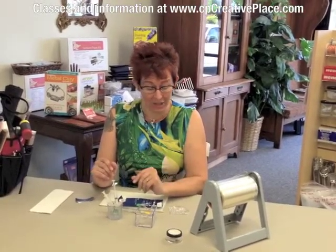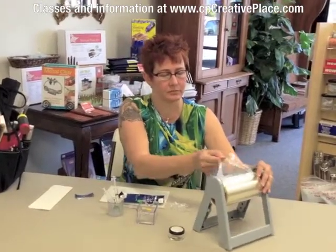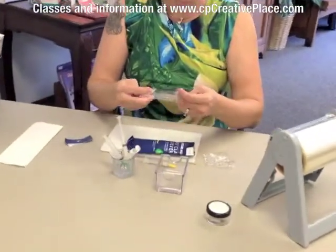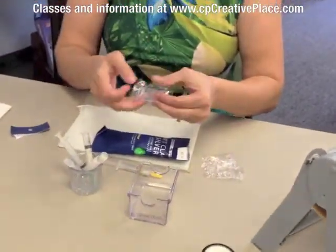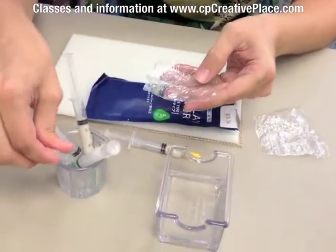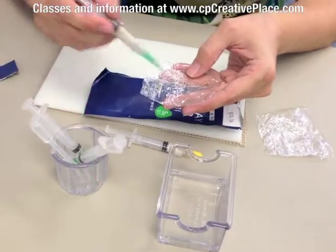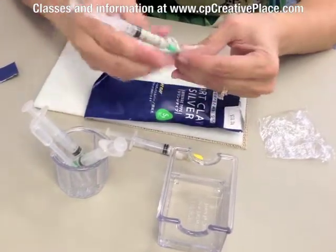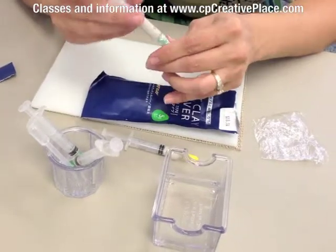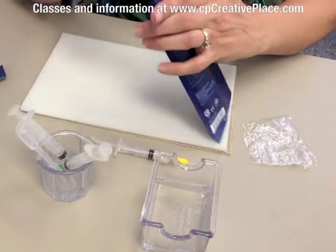So what I like to do is take a piece of plastic wrap, and then I just fold that into quarters, so you end up with a 4-layer thick piece of plastic. And then I'm going to put a couple drops of water in there, just a few, and then I'm going to wrap that around the nozzle nice and firmly, and then I'm going to put it back in the pouch,